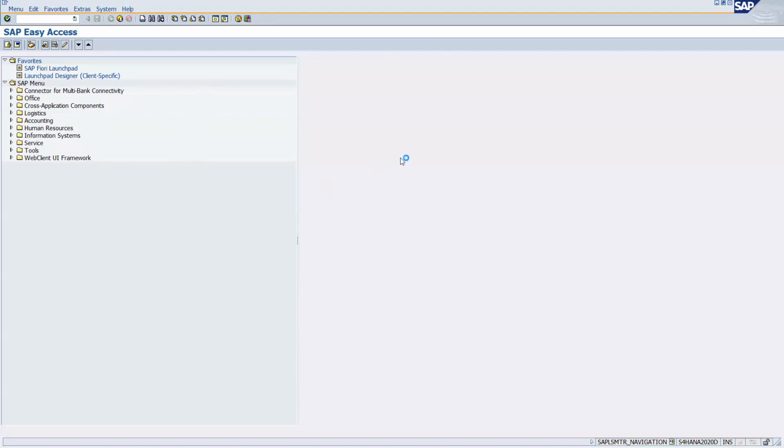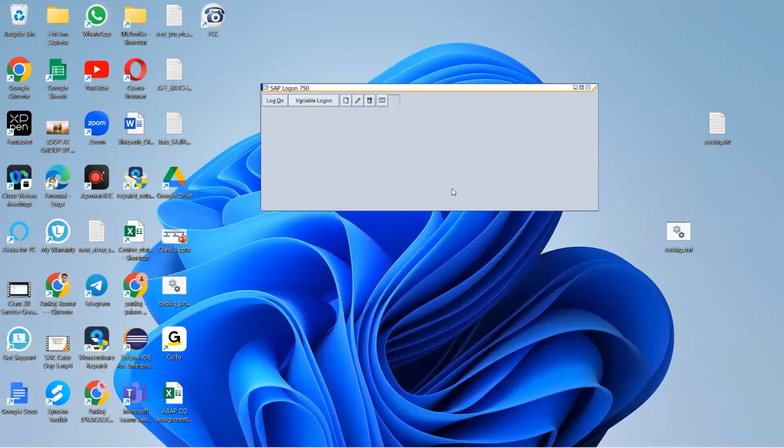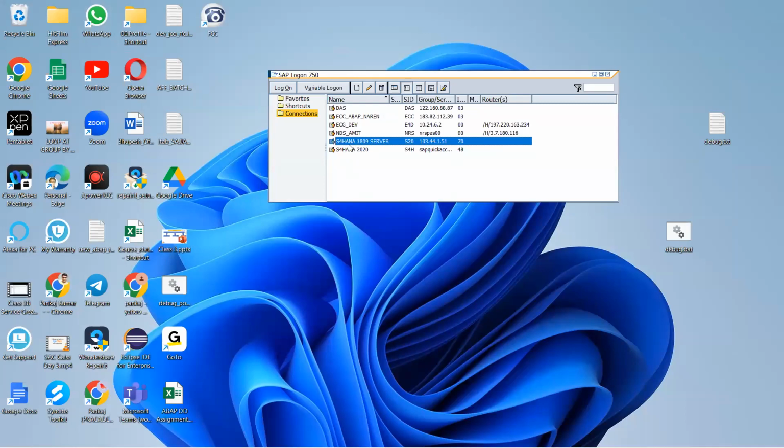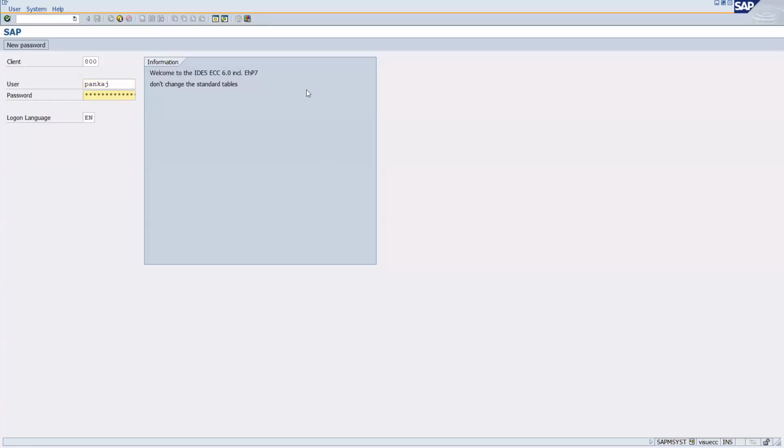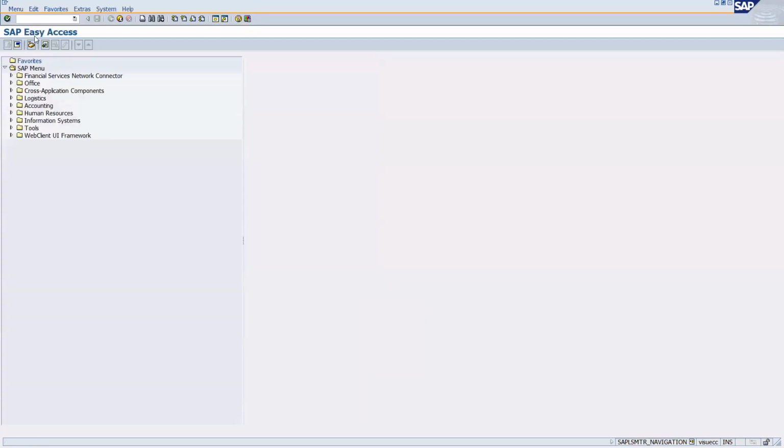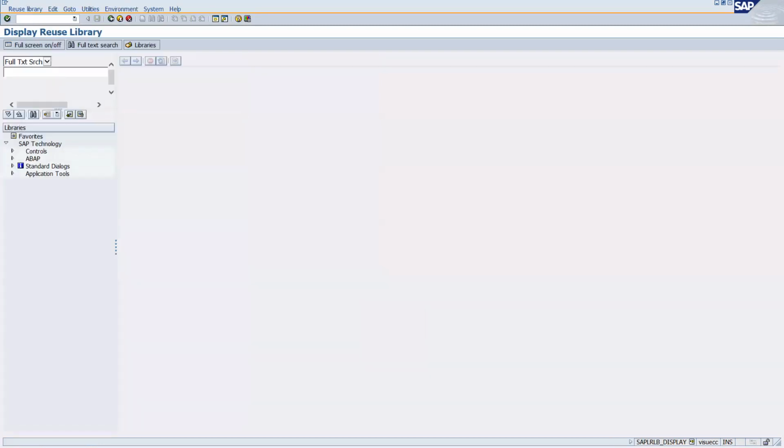Maybe what I can do is log in to another system. It looks very slow. So, yes, this is fine. Slash n SC38. So this,